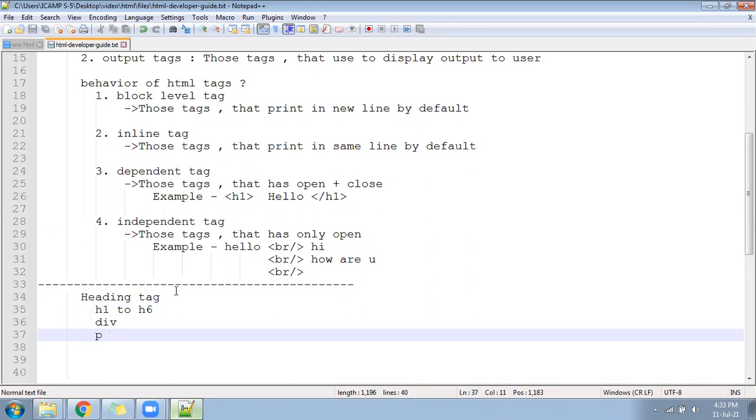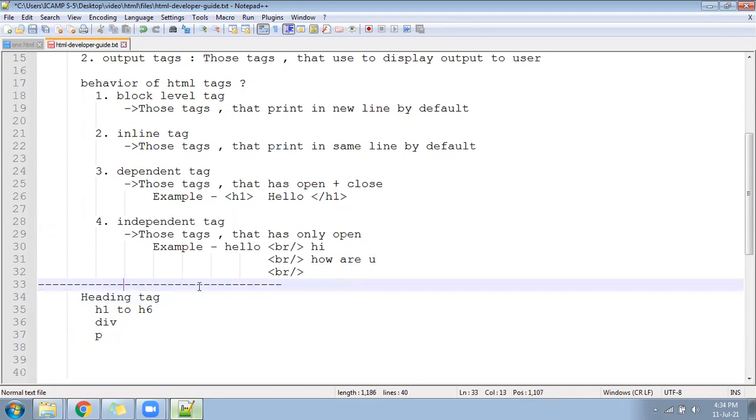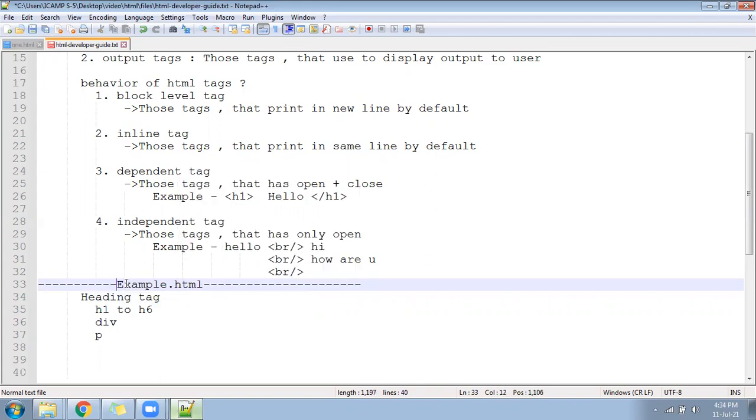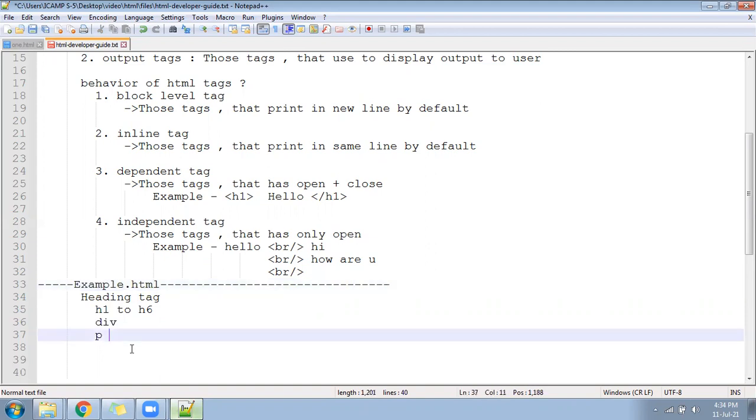So for that, I'll create a file, example number 3. I'll write here. So you can also create a developer guide and you can follow me and you can keep writing example 3 and you can run also. See, when you are going through the video tutorial, you should not simply watch. You watch it, that is fine. But meanwhile, if you are implementing also, it will be helpful.